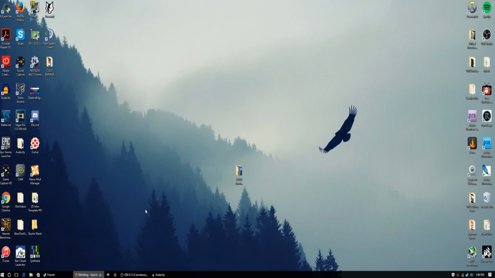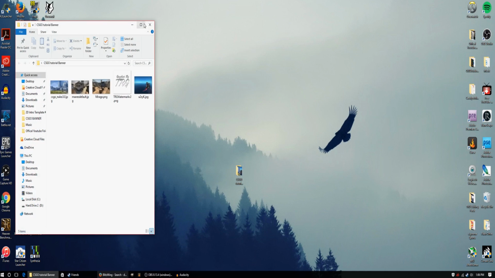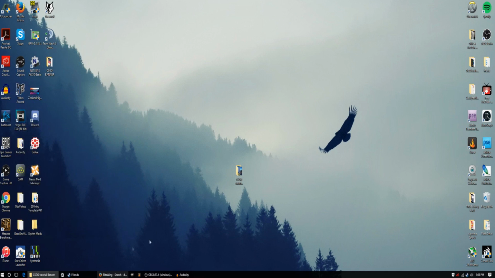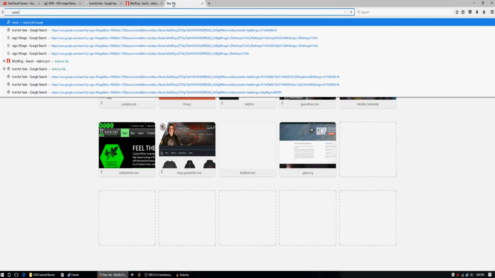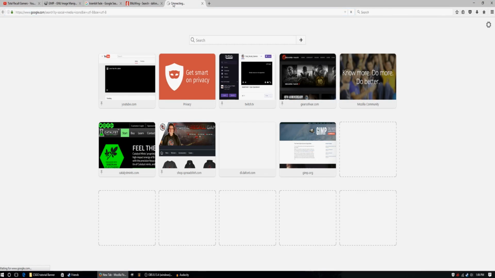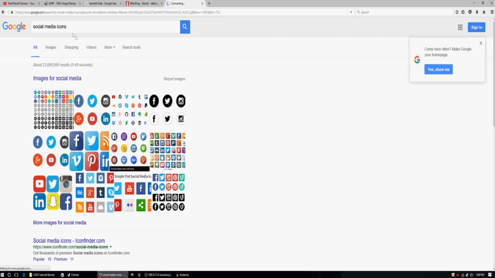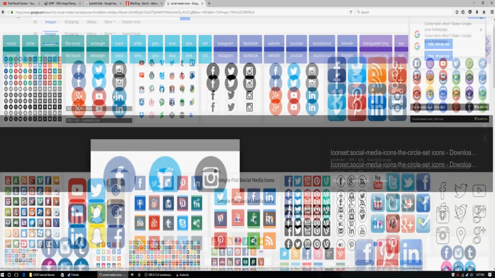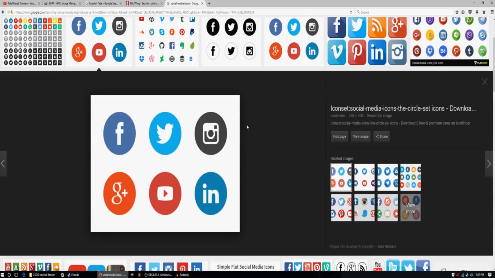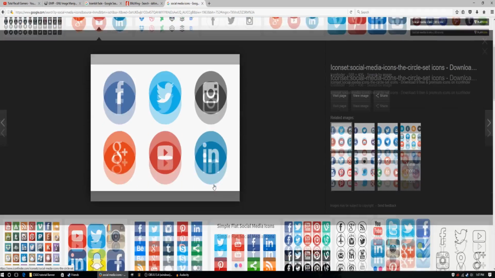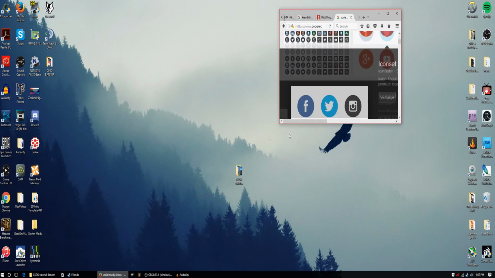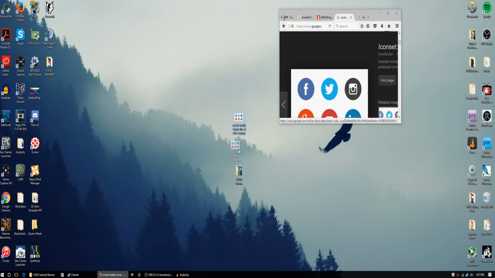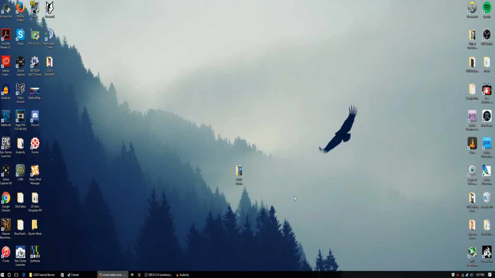And then from here, we're actually pretty much set to go. If you want social media logos in your banner, you can install those or get them off the internet. You can just look up social media icons if you want. And you can usually find packs of them like this that you can cut out and remove the backgrounds from. Actually, let's use this one. This one's pretty basic. I just typed in social media icons. We'll take this one and we'll steal it and put it in our folder